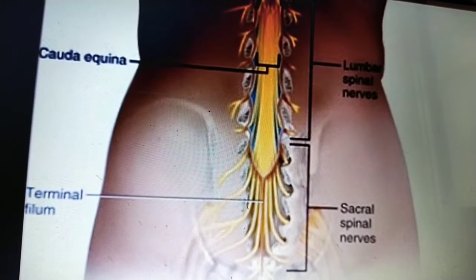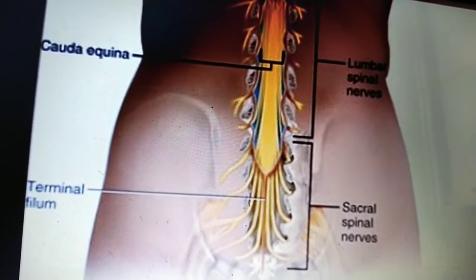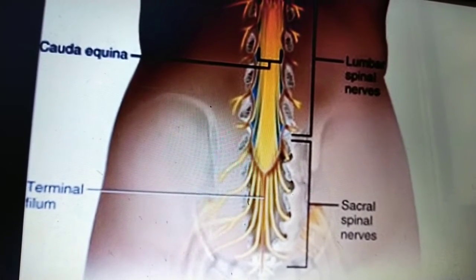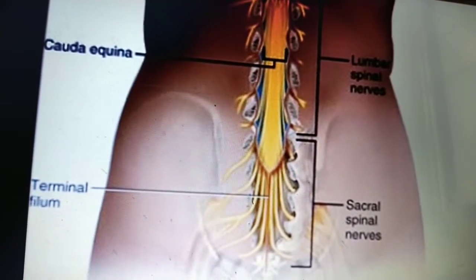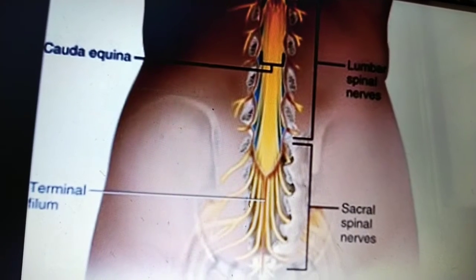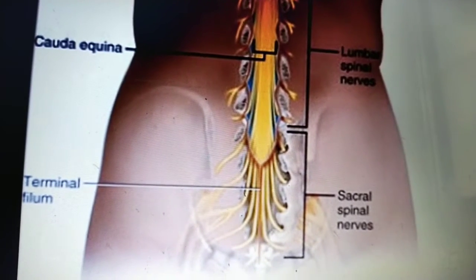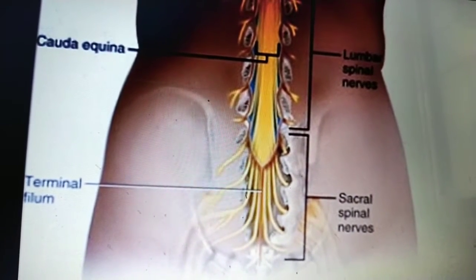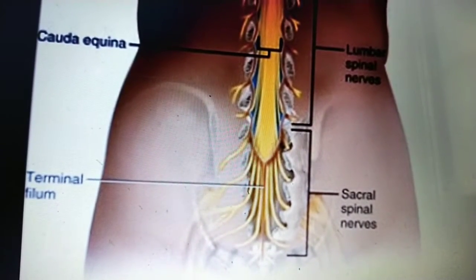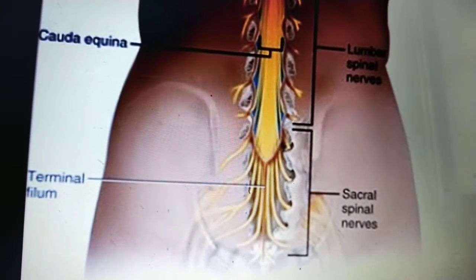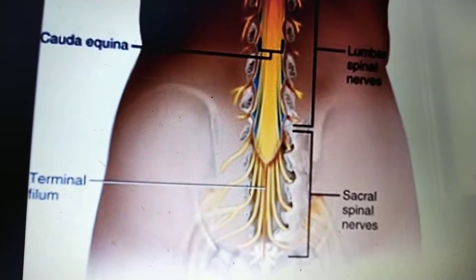The cauda equina has approximately 10 fiber pairs at the base, and these consist of 3 to 5 lumbar fiber pairs, 5 sacral fiber pairs, and 1 coccygeal nerve. The primary function of the cauda equina is to send and receive messages between the lower limb and pelvic organs, which consist of the bladder, rectum, and internal genital organs. When these nerve roots become highly compressed, cauda equina syndrome may be diagnosed.